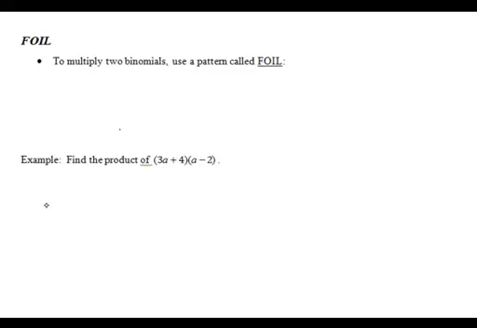Here we're going to look at multiplying two binomials together. Now remember, binomials have just two terms each. Now if I have two binomials that I want to multiply together, I can use this pattern called FOIL, where